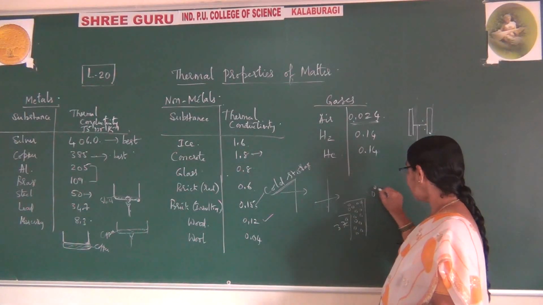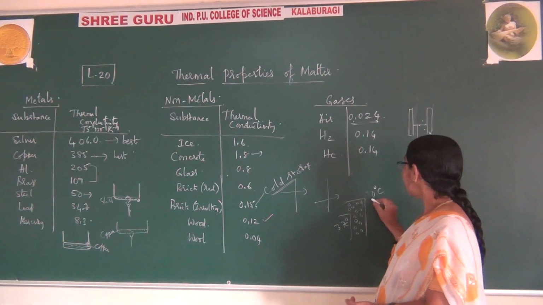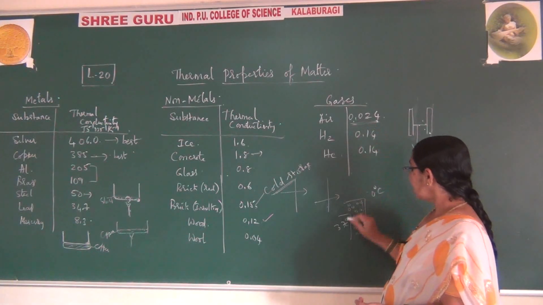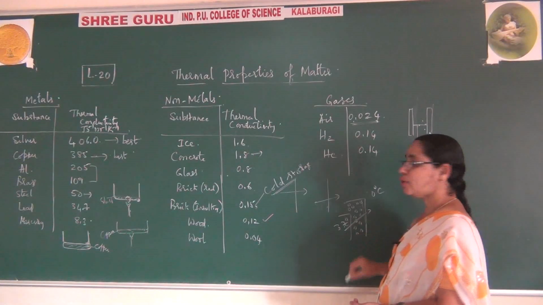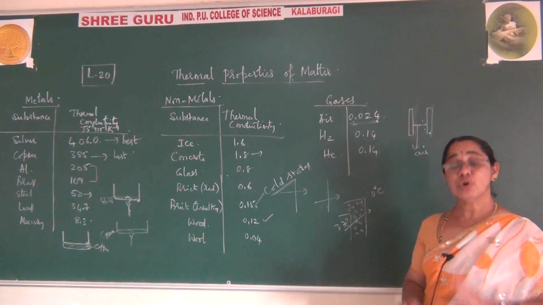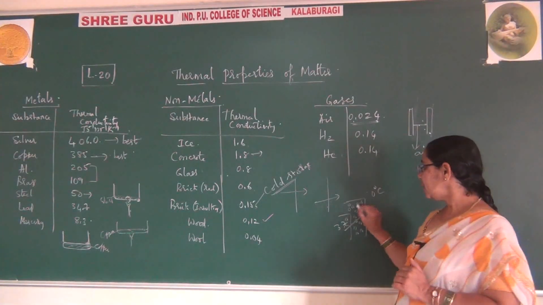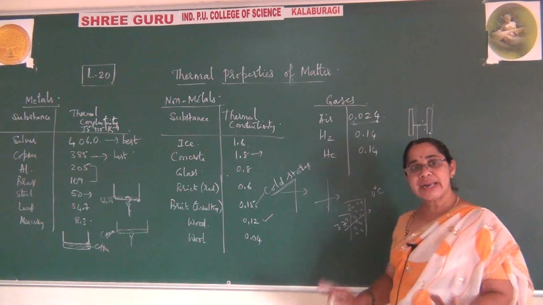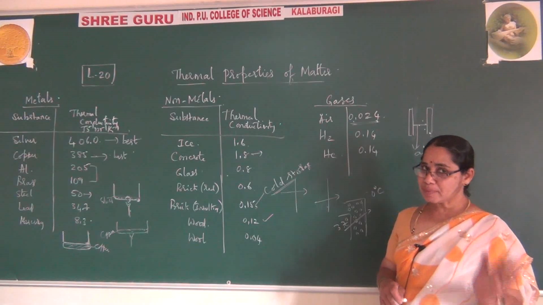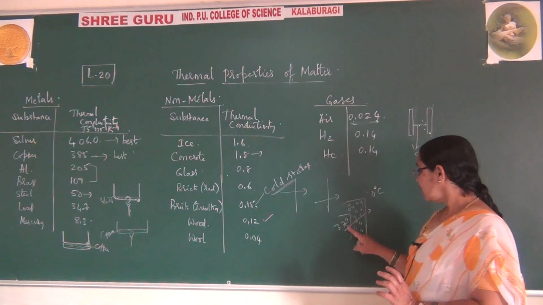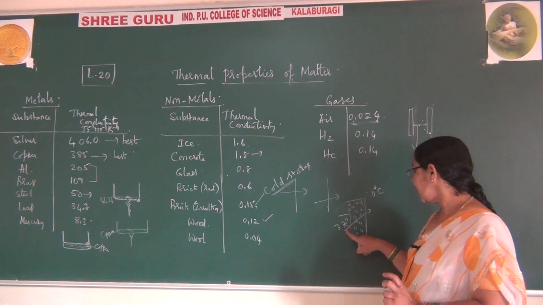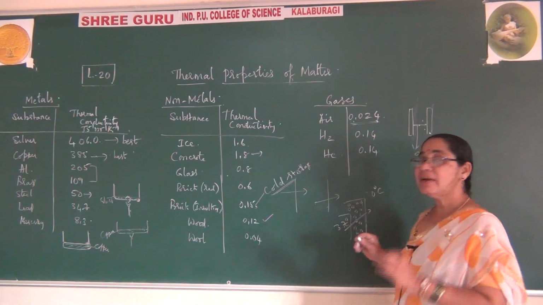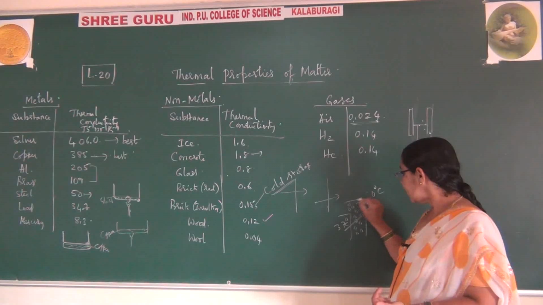Outside temperature is very cold, which is 0 degrees centigrade, and this will prevent the heat, and therefore you can say it will never allow the heat to move from this side to this side. It will keep as it is, so you feel warm wearing woolen sweaters during winter, because you already know heat always flows from higher temperature to lower temperature. Body temperature is 37 degrees centigrade. It will never move towards the 0 degree, because in between we have the woolen sweater.